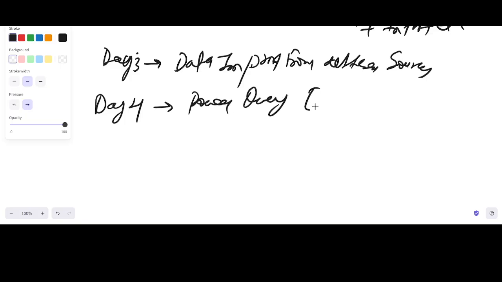And then on day 4 we are going to understand Power Query Editor. Now what is a Power Query Editor? We need to understand. Let's say that whenever you have data in Excel, you clean the data, then you make any reports. But in case of Power Query Editor, which comes embedded with Power BI, there you will do